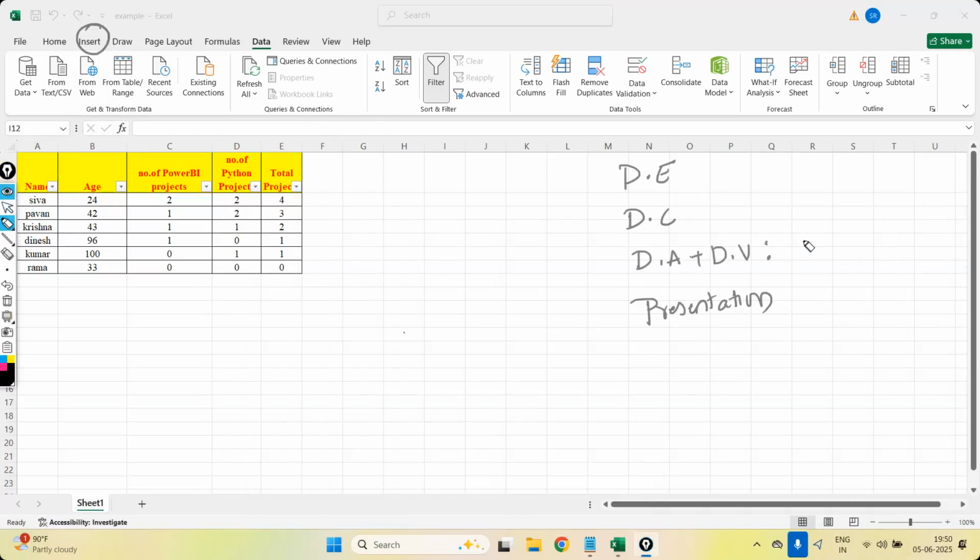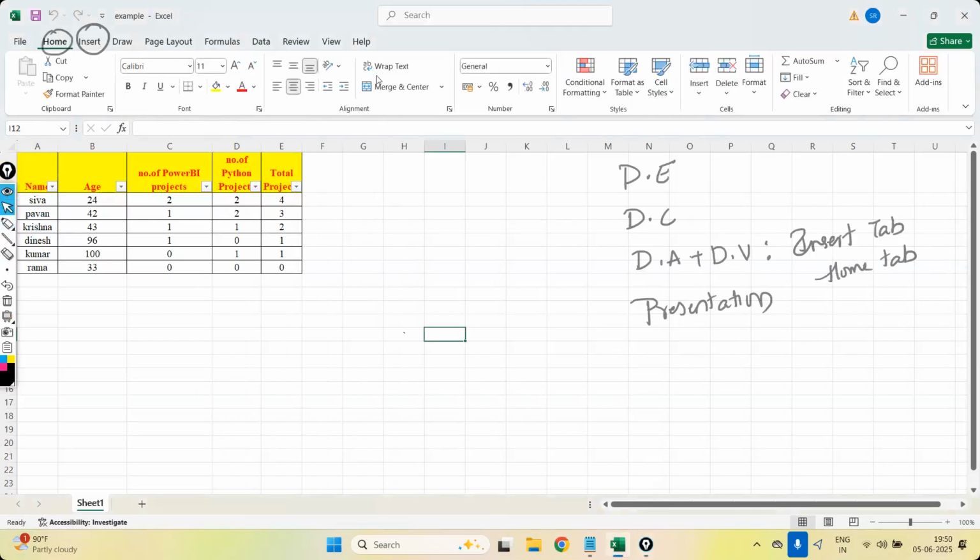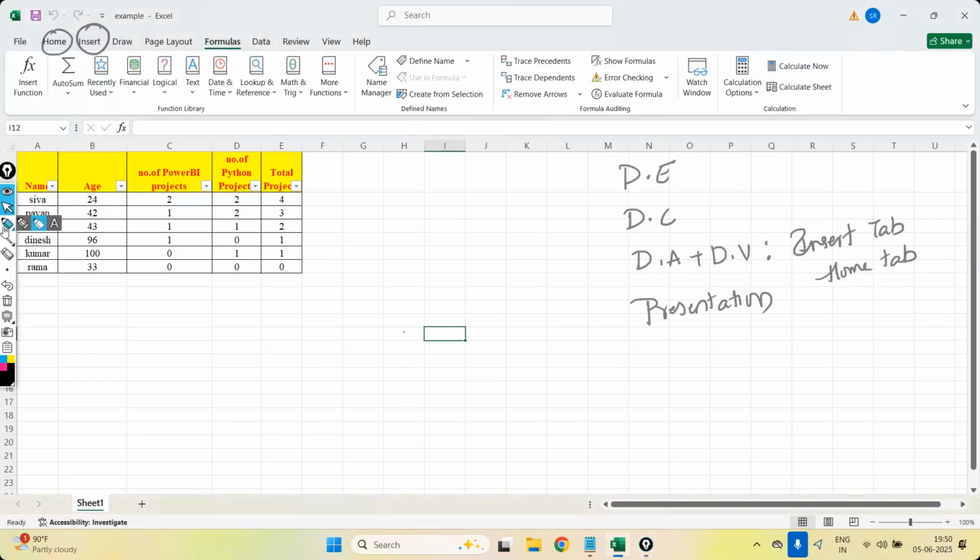Now, for this data analysis and data visualization, we are going to use the Insert tab, along with the Home tab. In the last class, whatever we completed, these two tabs, like for filtering or sorting or conditional formatting, we will use for data analysis. If you want data cleaning or data transformations, then we are going to use the